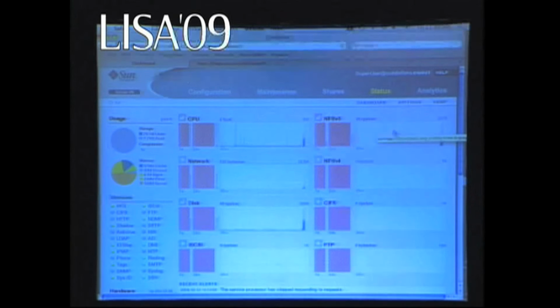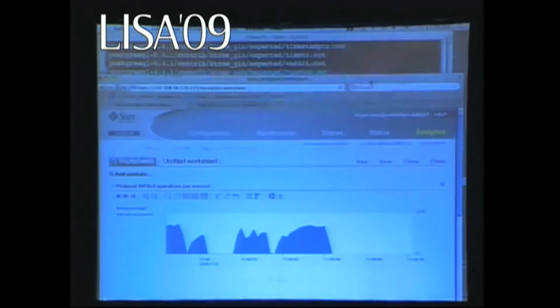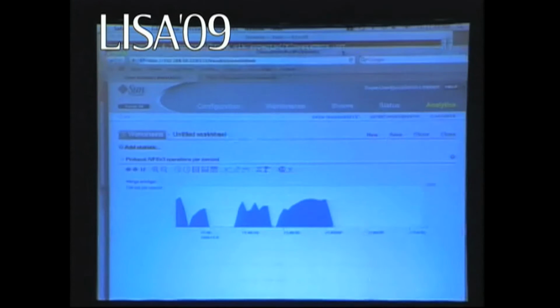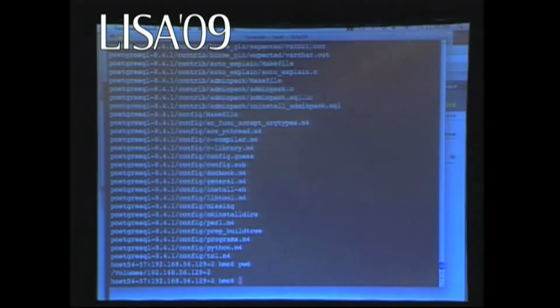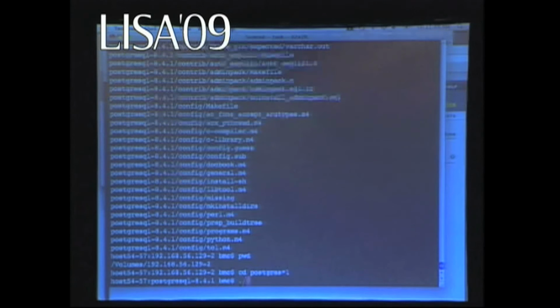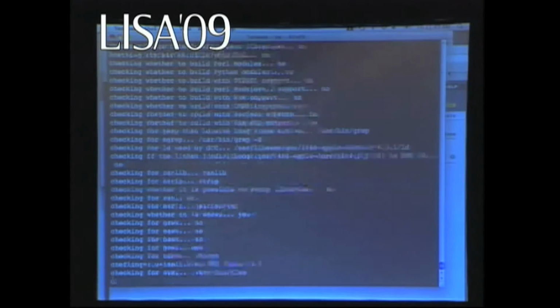So we can see now we're doing the NFS ops over there, and I'm just going to click on that, and let's just zoom in here. And of course, now it's actually done. So what I want to actually do, and this could be exciting, I've never actually done this before on this box, but let's be exciting. I'm going to try to compile Postgres, because MySQL wanted me to log in first. All right, so let's see. We'll run configure there,